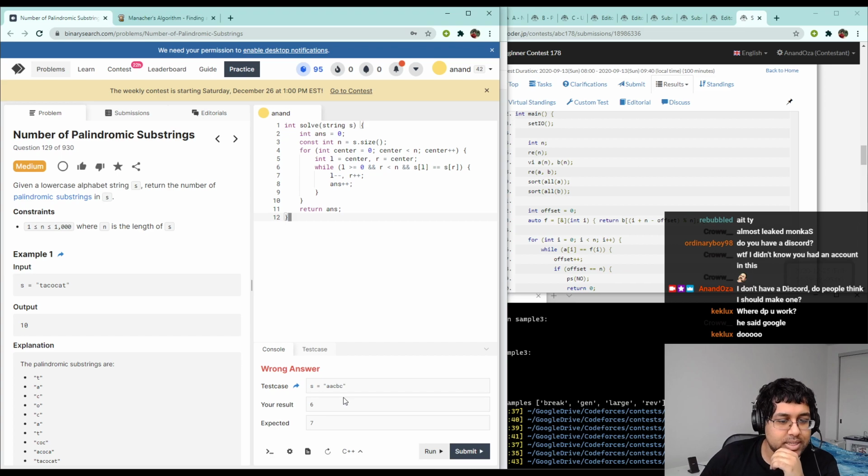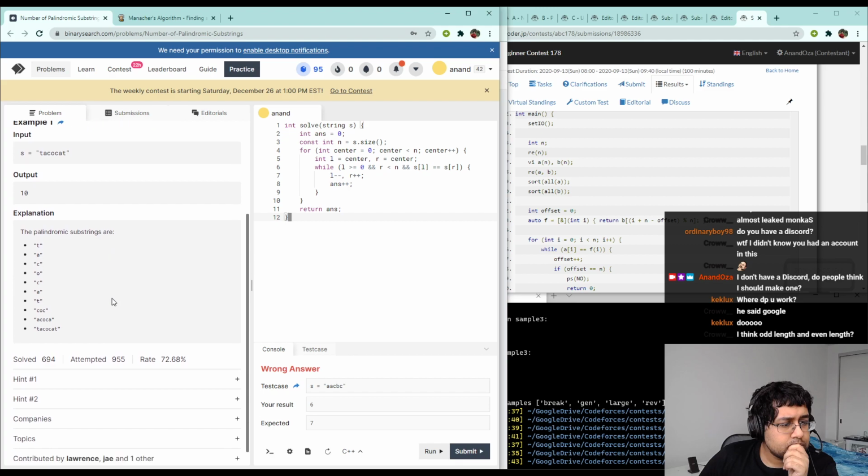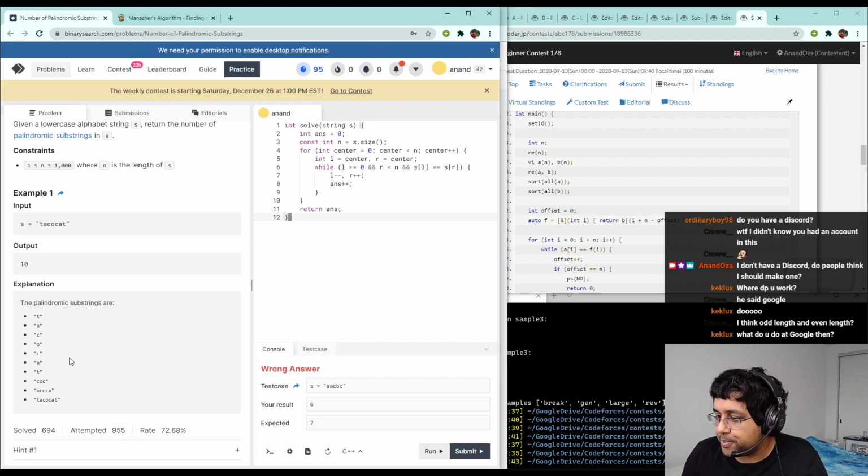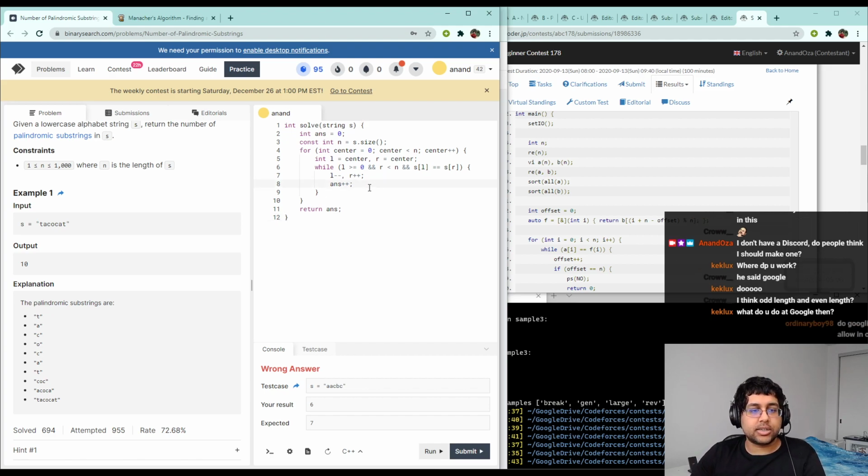Nice. Okay, so this is wrong. Let's see why. Oh yeah, I didn't think of odd length and even length. All right, that's a good catch, but